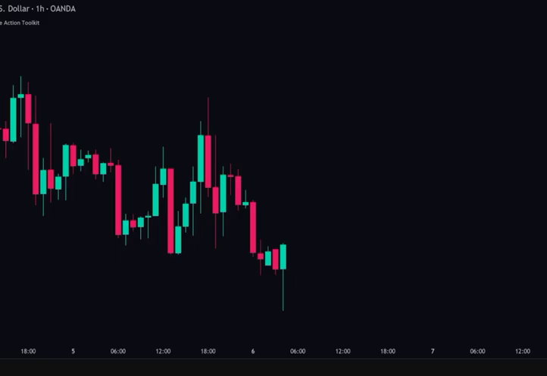Here we have euro-dollar on the 1-hour chart. We want to pay attention to liquidity grabs, fair value